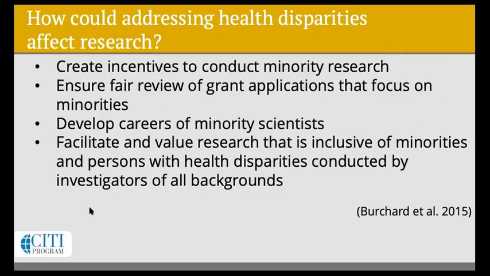So how can addressing health disparities affect research? Burchard, remember, talked about the deficits. Burchard also proposed some potential actions that could be taken. One is to create incentives to conduct minority research, to make sure that the resources are there and the adequate support is there. Then also ensure that there's fair review of grant applications that focus on minorities. Dr. Valentine and Dr. Francis Collins have published and have undertaken some initiatives to make certain that there are more inclusive processes that would enable and support